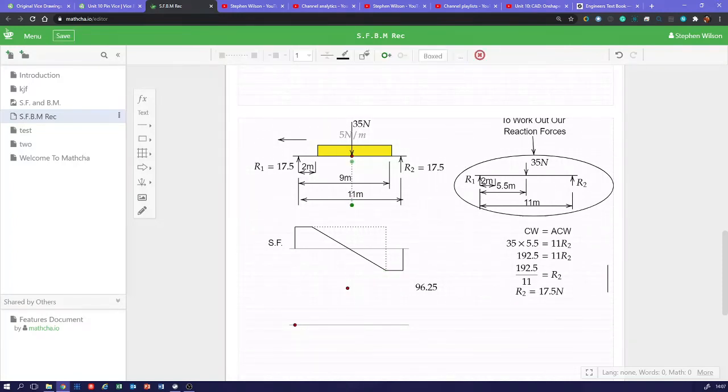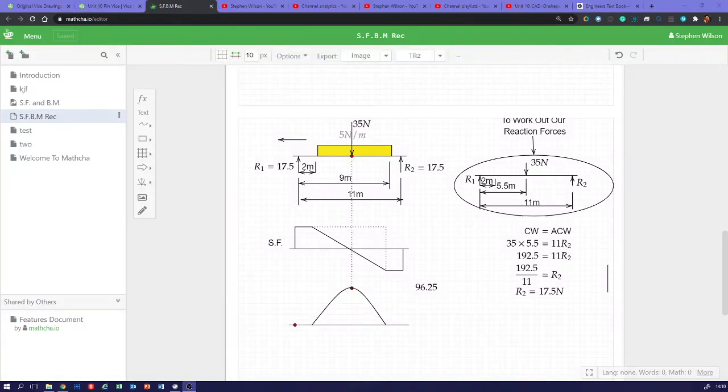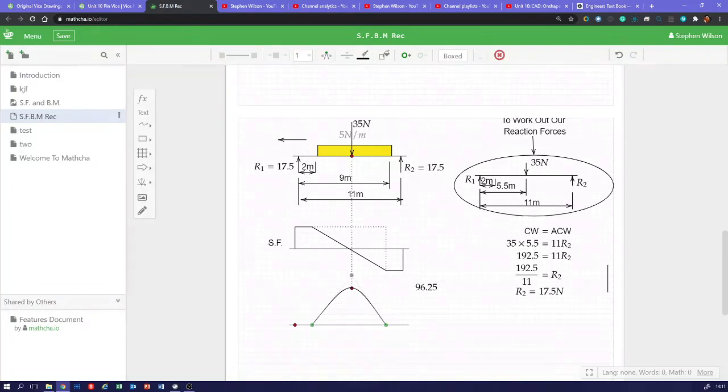If you'll just bear with me, I'll attempt to put a nice curve on things. So that essentially becomes our bending moment diagram for the UDL, because if we took a moment about the end or the start of the UDL, let's move our point so we can see. If we took a moment about here, then